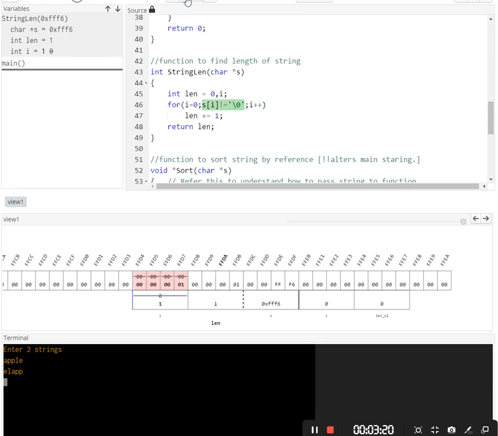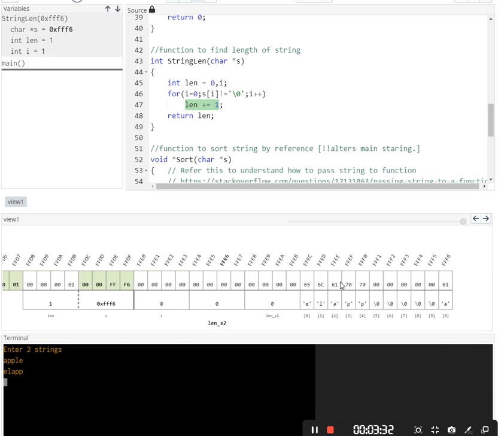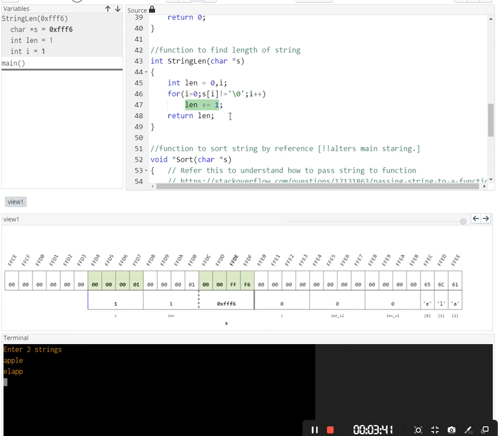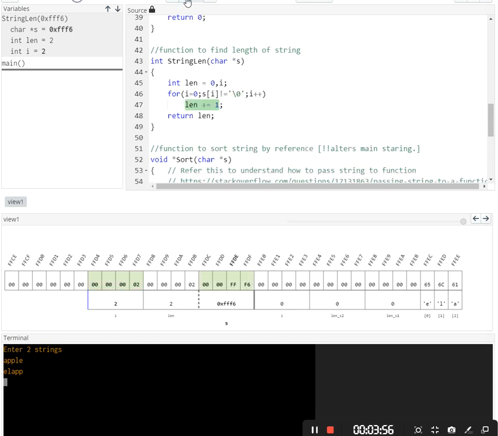Again this address, 0xFF6, and now it is pointing to FFF7. So now the length is again incremented. Then i plus plus, then s of i.